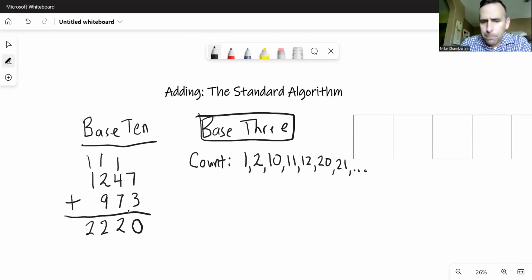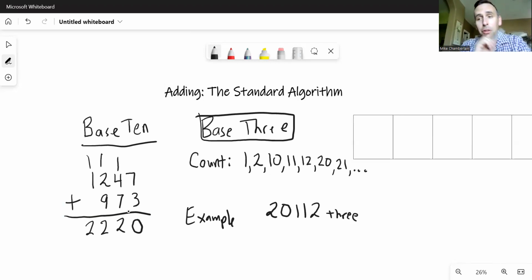Let me show you an example. So let's take two numbers in base 3. We're never going to move those over to base 10. We're just going to leave them there and add them together using the standard algorithm. So what if I had something like 2, 0, 1, 1, 2 in base 3? Of course, if you've been working through the last few modules, you might wonder what that is in base 10. And that might be interesting, but that's not what we're trying to figure out here. Let's say I added that to 1, 2,